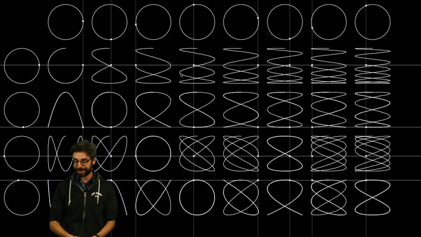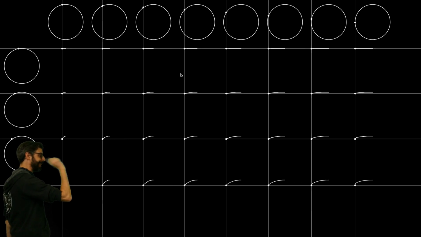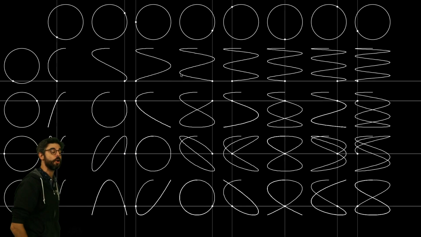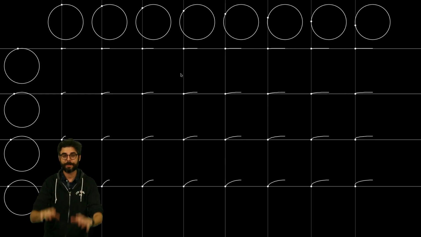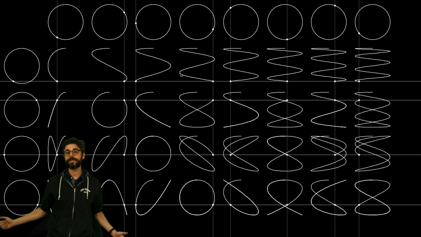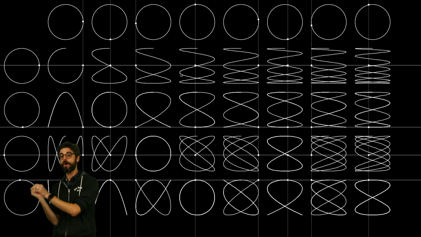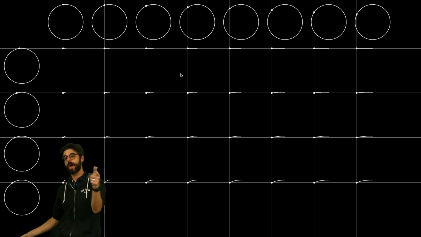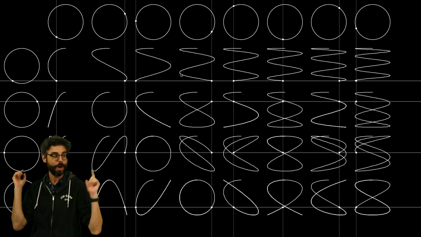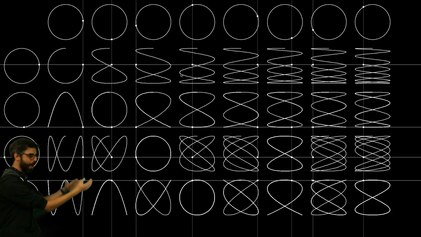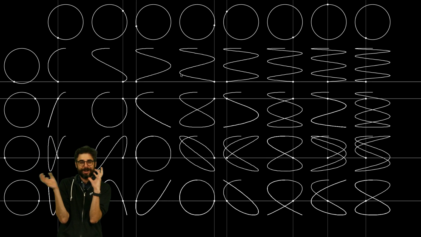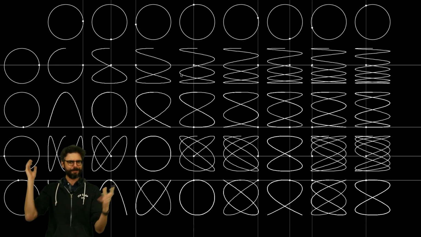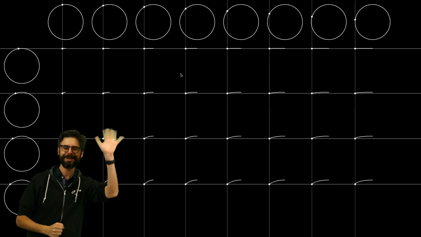Hello, welcome to a coding challenge. In this coding challenge, I'm going to make this. I actually already made it. That's what I made. It's called a Lissajous table. I got inspired by some things I'll talk about in a second. This one was made with Processing, which is a Java-based environment, but I've also made a JavaScript version of it that you can watch in a separate video where I port it. I hope you enjoy this coding challenge where I program this thing and make some exciting, cool, weird, wacky, beautiful, strange, animated art with it. Okay, goodbye, and see you soon.